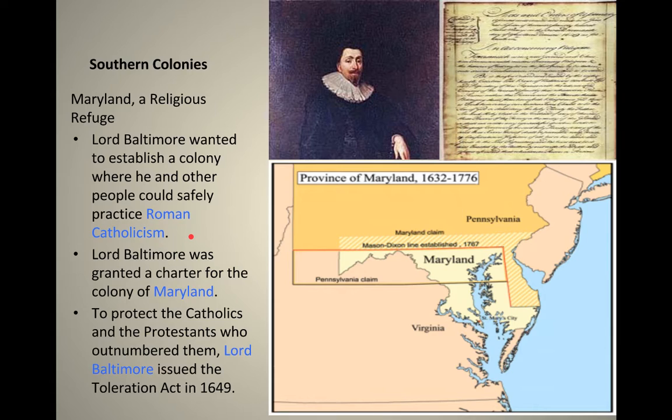And so, like I was saying, this was to protect Catholics and Protestants, and the Protestants who outnumber them. So it was mostly Protestants and not very many Catholics, but the Catholics wanted to still be able to practice Catholicism without there being major conflicts between the Catholics and the Protestants. So what Lord Baltimore did was that he issued this Toleration Act of 1649, and this Toleration Act made it